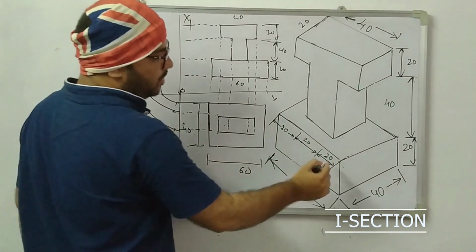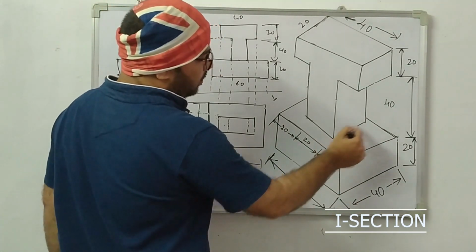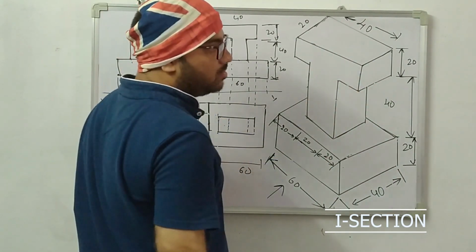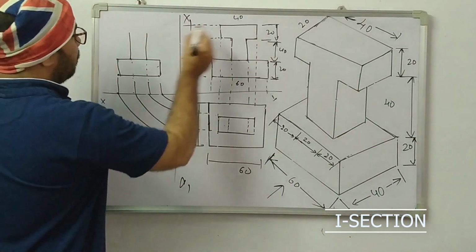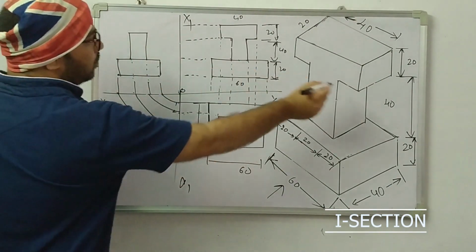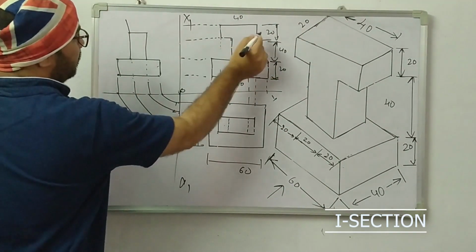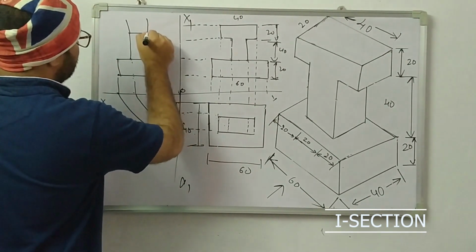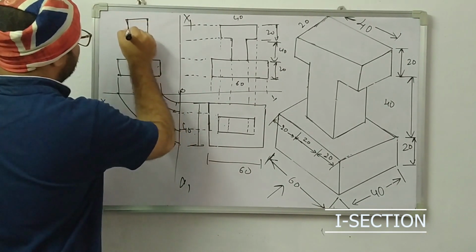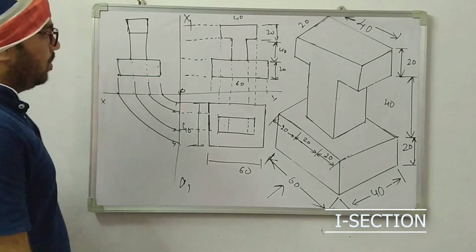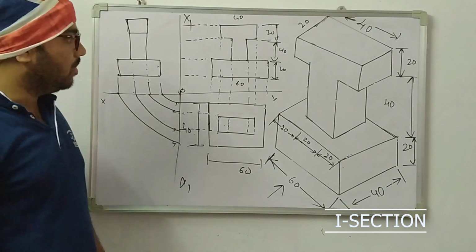Now we completed this box and this box, and we have to complete this box now. In order to complete this, we are going here. So what is the height? 20. Simply draw the 20 mm. This is the 20 mm height, and finish it. Draw the straight lines. Now we completed the side view also.